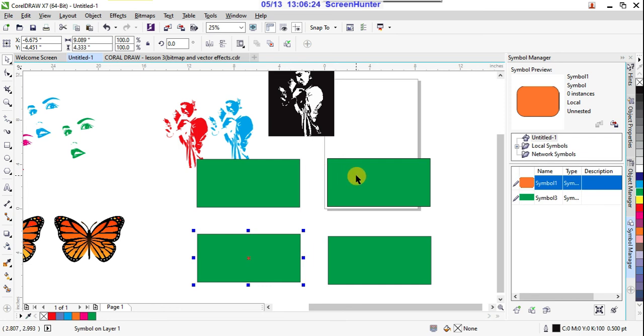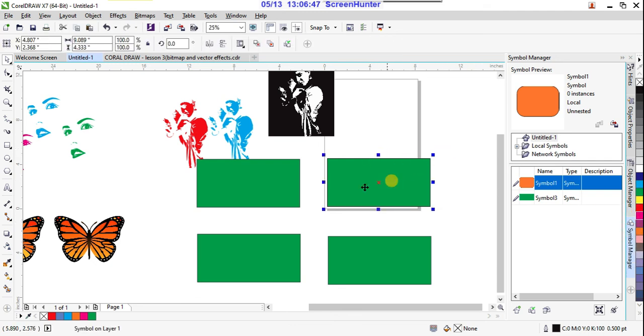If you give a small change in that, automatically it will apply to all the symbols, right? Suppose you want to select a different color for this one, and just click on that and try to fill colors, it won't take, because it is an instance.